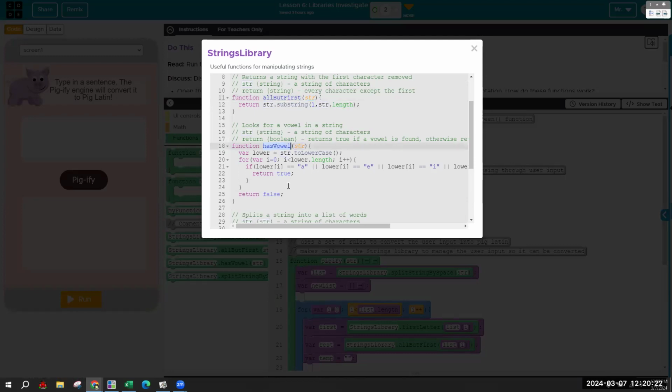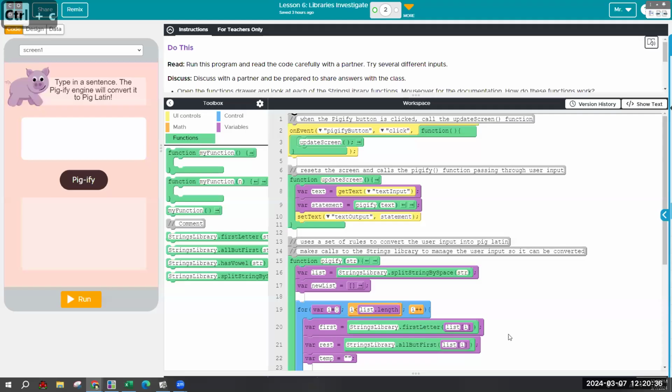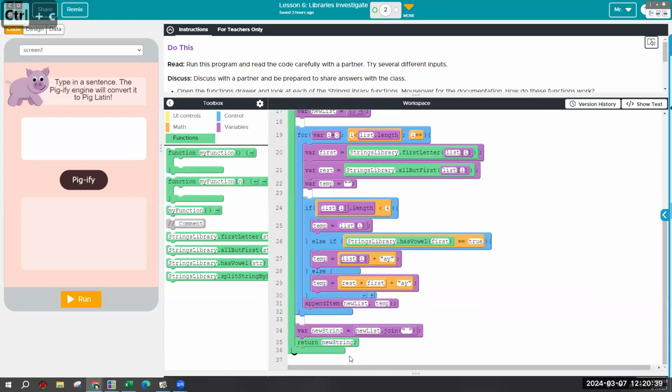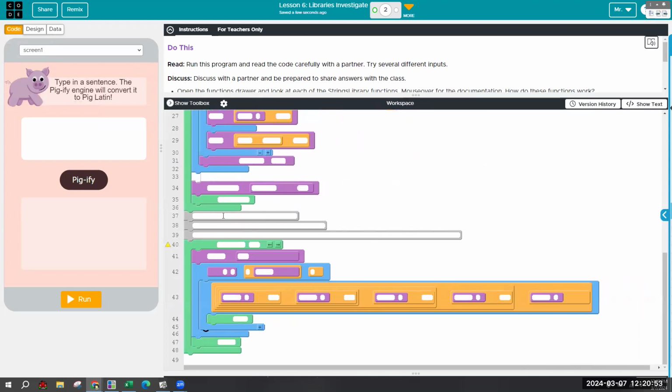And has val, this is a Boolean function, and it's going to return either true or false based on the conditional. What's interesting about Boolean functions is that return ends a function. So if the loop ever gets to return true, it ends, which when you think about the logic of checking if it has a vowel, you only need to find one of these to be true once, and